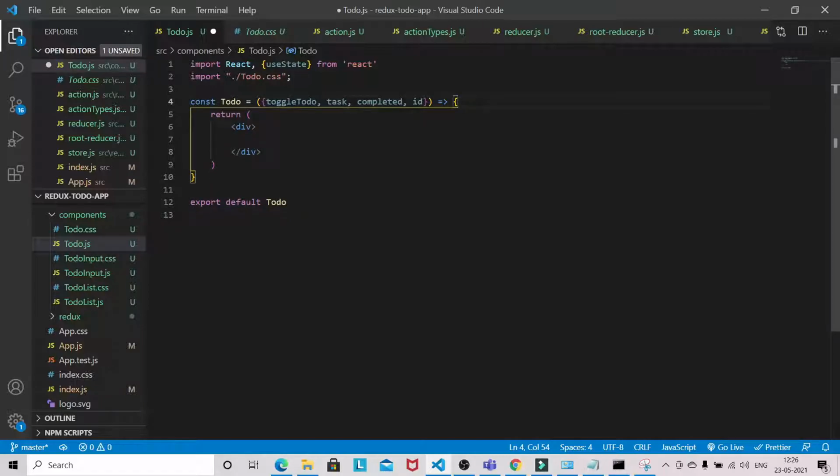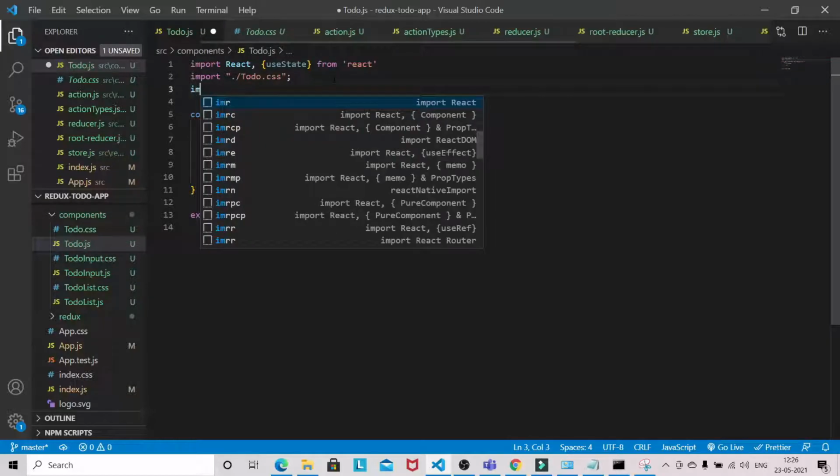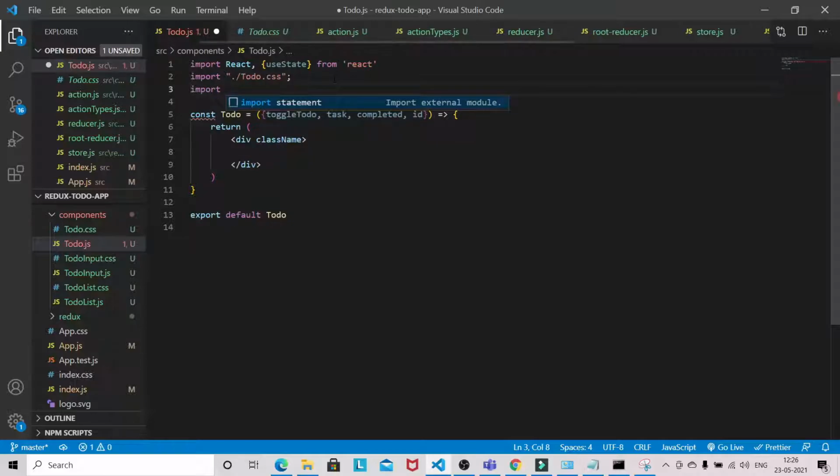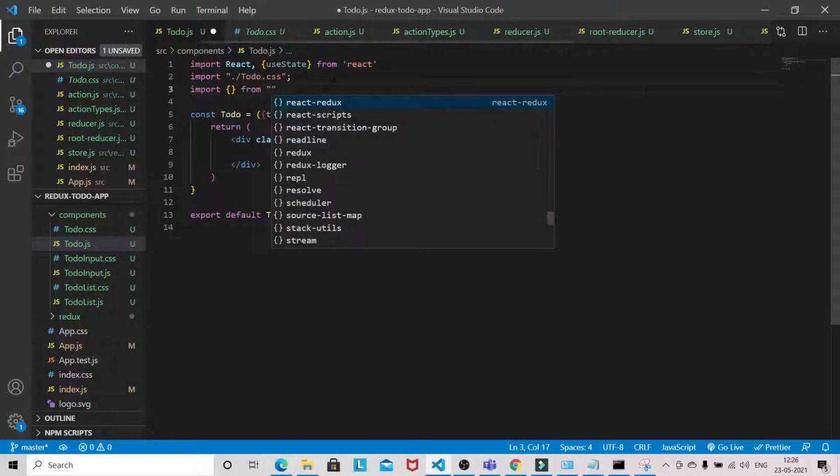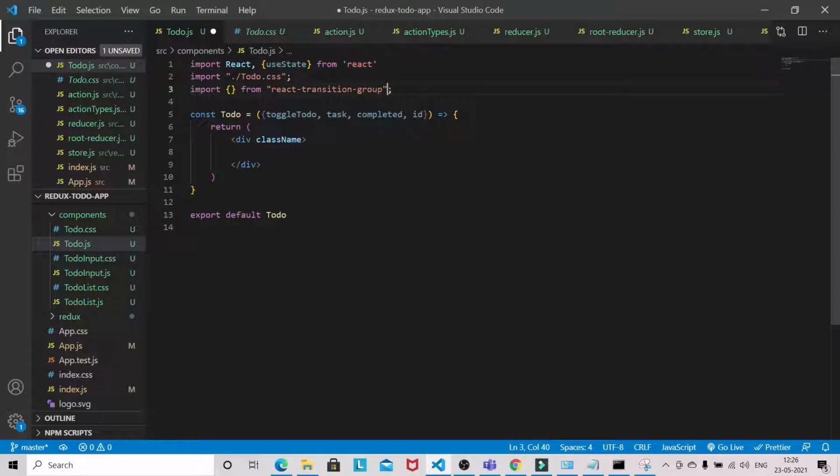And so class name, not class name, it is not required here. Basically we need to use CSS transition. So transition group, CSS transition.